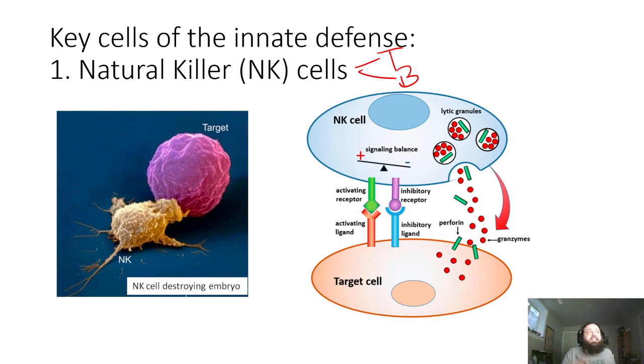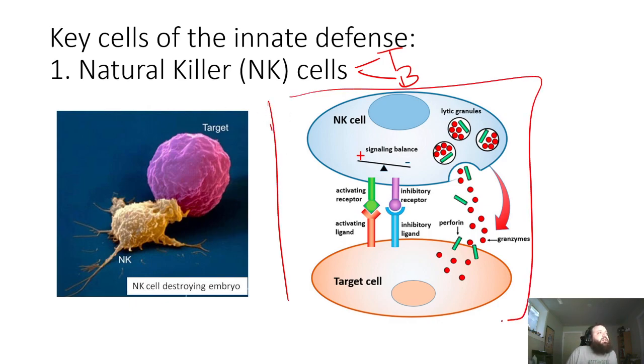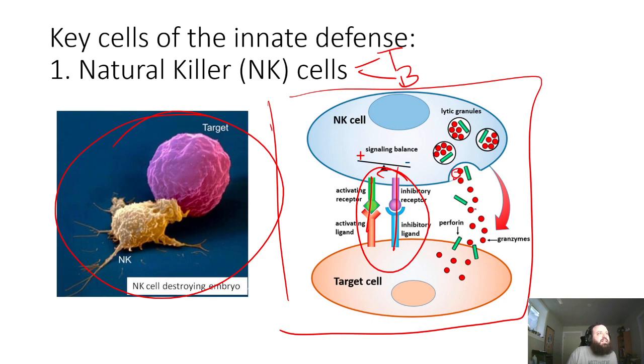The natural killer cells, as you can see in the schematic here, but actually probably way more exciting in the real picture, the electron micrograph that's being artificially colored here. The NK cells actually directly attach through receptor interactions to some foreign cell, and then as a result of that interaction, will then start releasing these